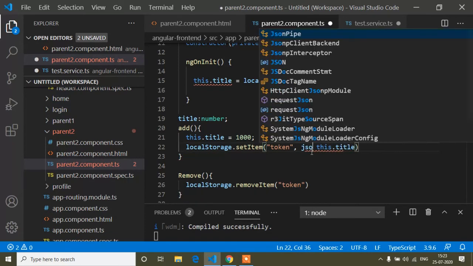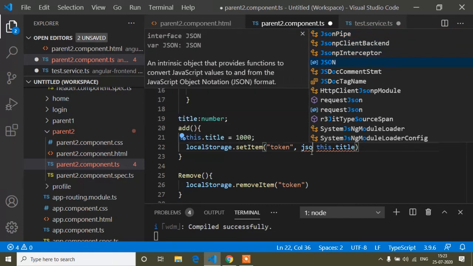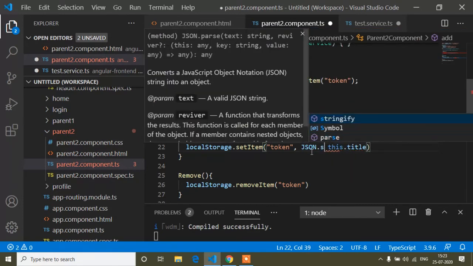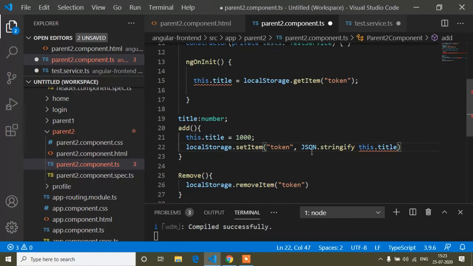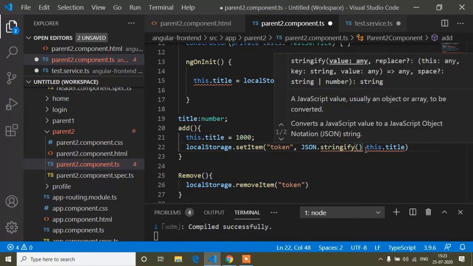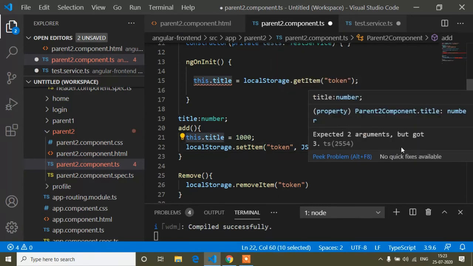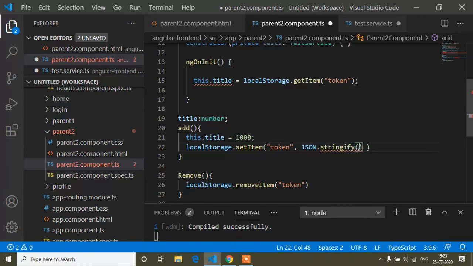For that we use JSON.stringify, which converts number to string. So now inside this parenthesis I will call it here, and when we get this local storage, first of all we are storing this local storage in string format, but it's actually a number.